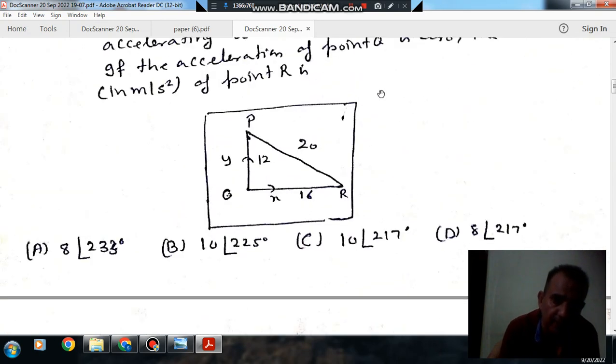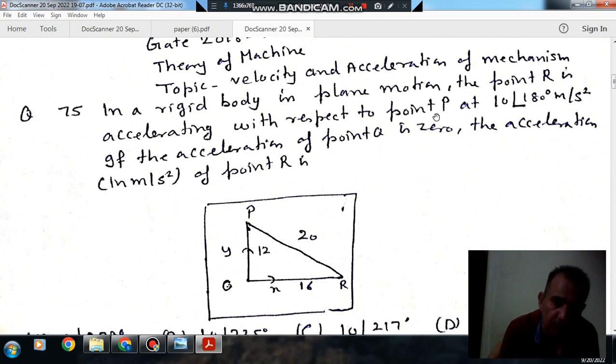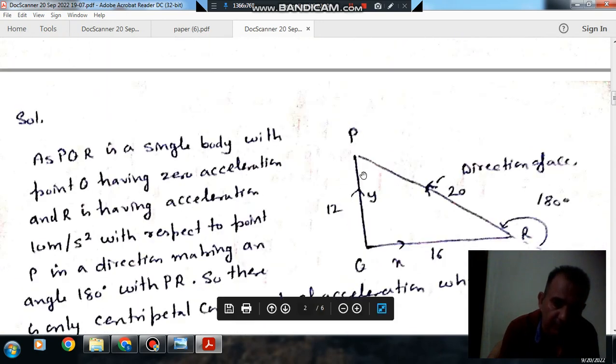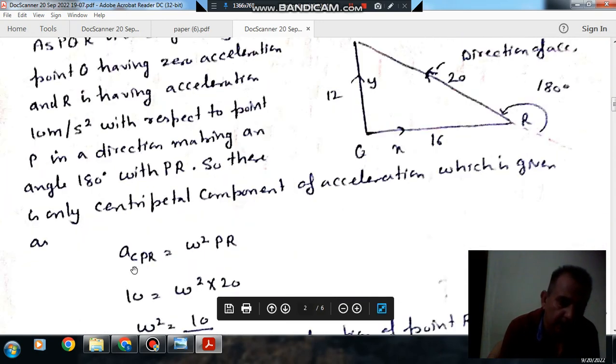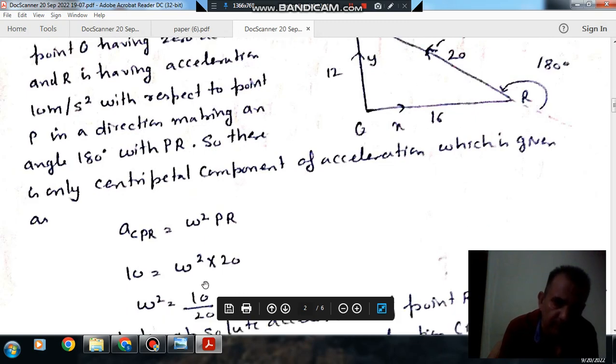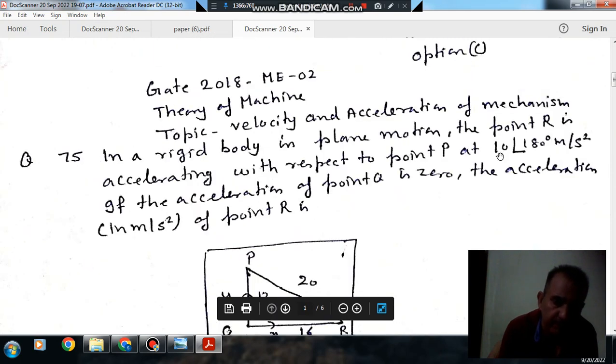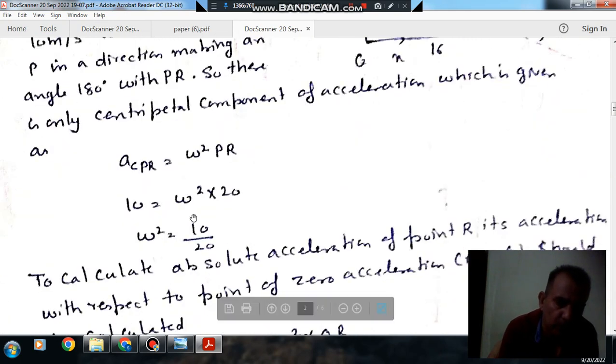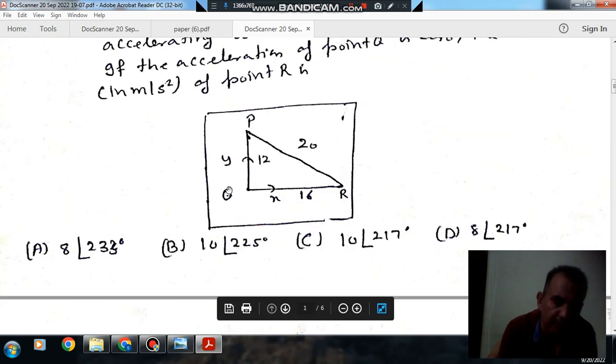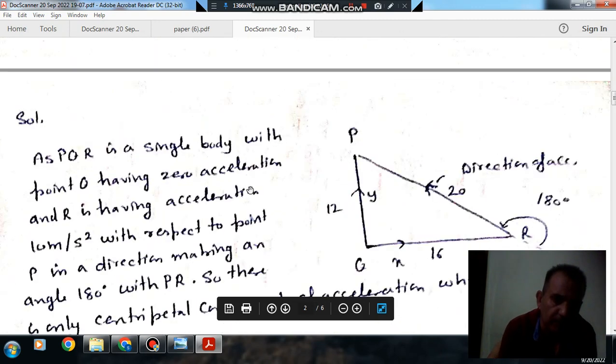As the acceleration of point R is given with respect to point P, we take this distance, and we take only the centripetal component. So the centripetal component is omega square into PR. PR is 20, and the magnitude of acceleration is given as 10, so omega square will be 10 by 20. It is also given that point Q is a point of zero acceleration. Now we have to find out